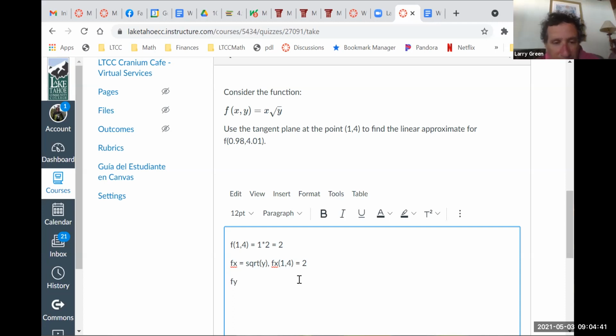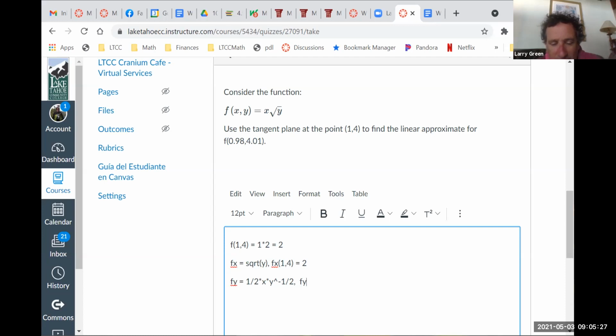And we need fy. fy is a little messier, but not too bad. What is the partial derivative of x root y with respect to y? Okay, x y to the -1/2, except it's 1/2 x y to the -1/2. Yeah, not over a half, but times a half. So it's 1/2 times x times y to the -1/2,